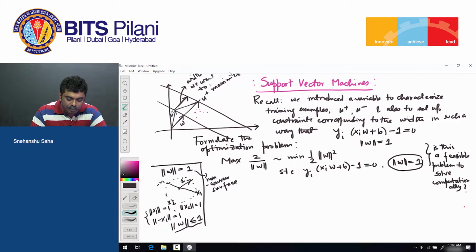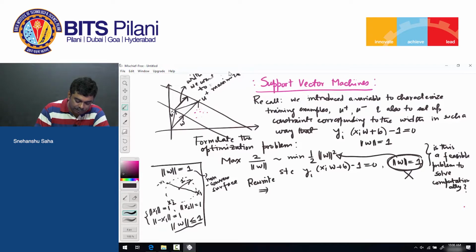Okay. Now we have one norm, but here what we see is a square. So where does that square come from? Well, that square comes from here. What we do here is remove this and push the constraint up into the objective function itself. And this 1/2 is just for adjustment, so that when you take the derivative of it, this cancels out with the 2. So we rewrite the optimization problem